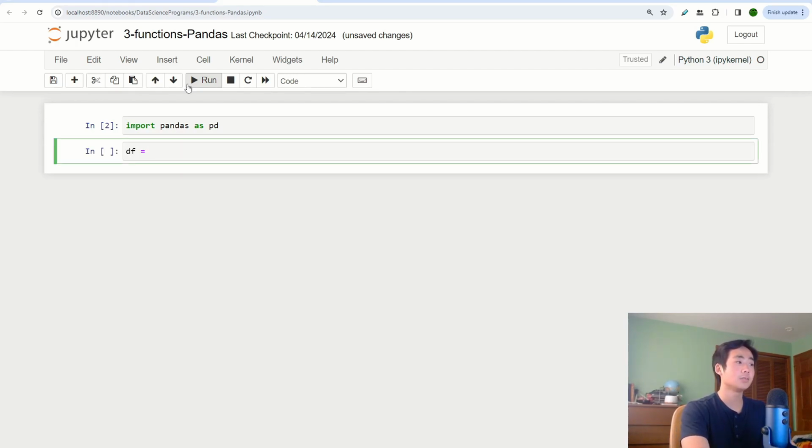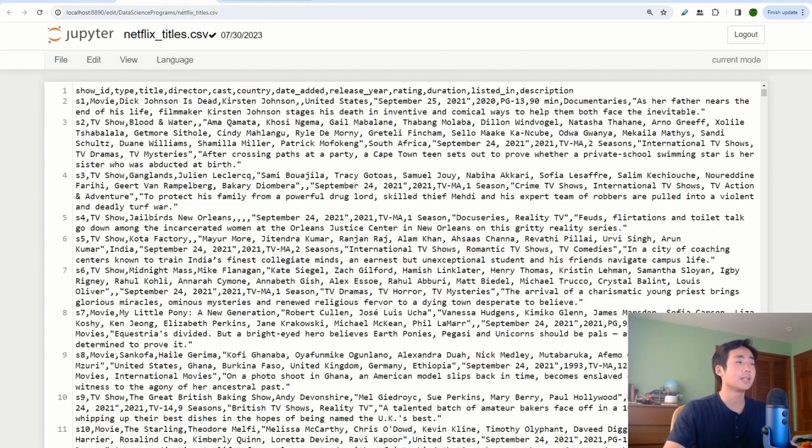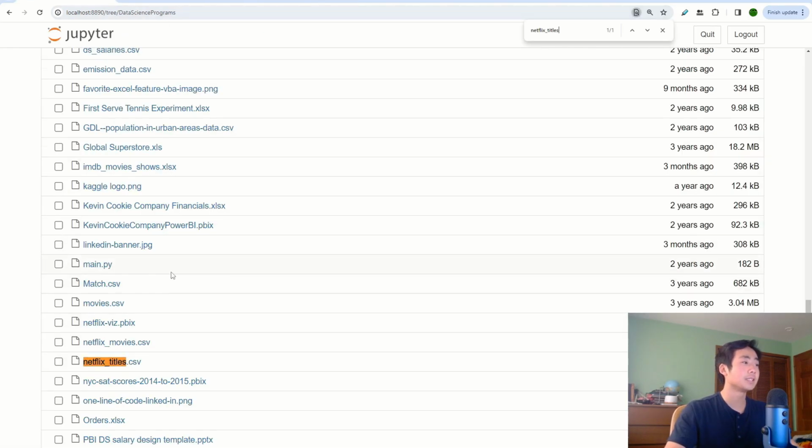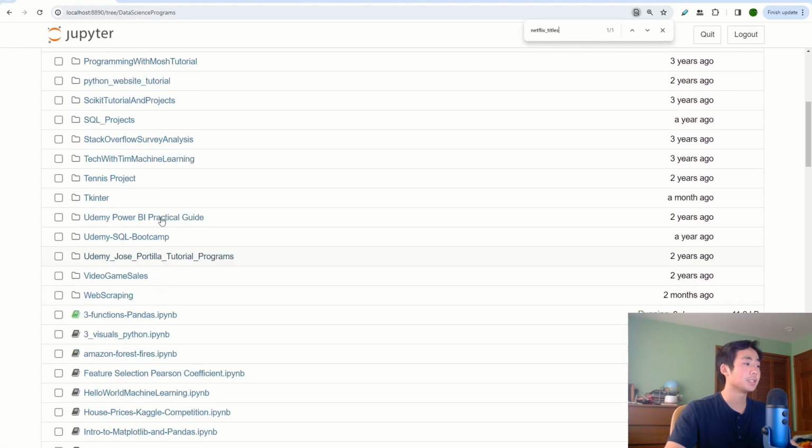is equal to pd.read_csv. And inside the read_csv method, you pass in the name of the file of your data. So in this case, it's called Netflix titles.csv. So inside the parentheses, I'm gonna say Netflix titles.csv. And you gotta make sure that your data is in the same folder as the Python program,